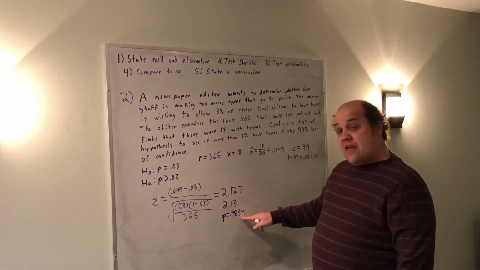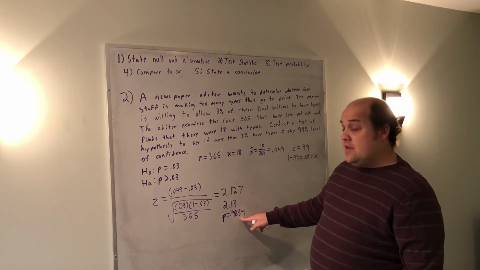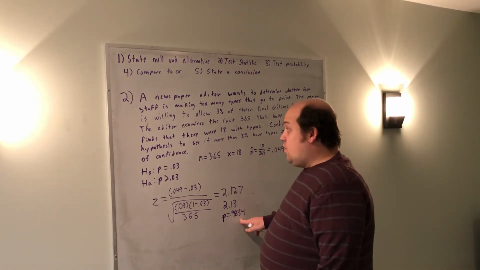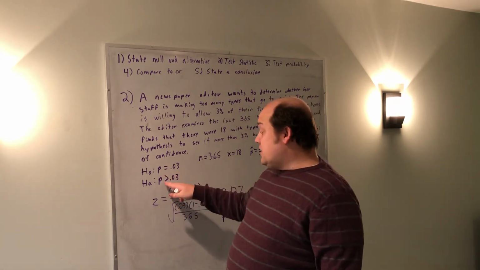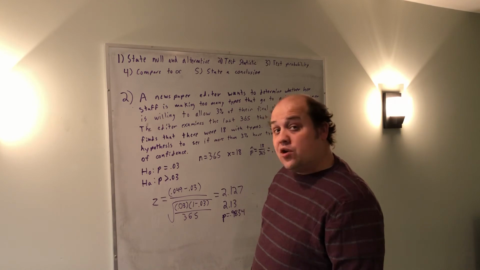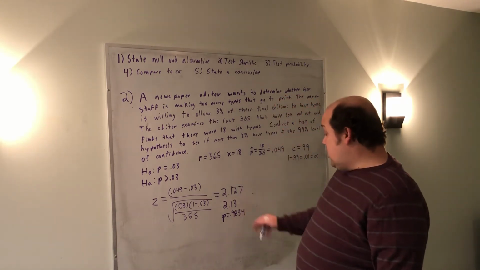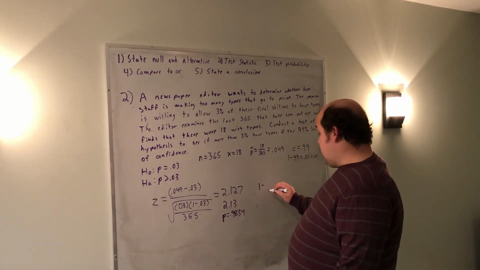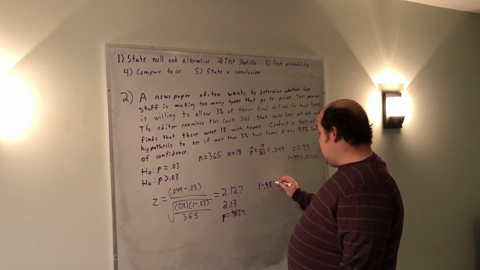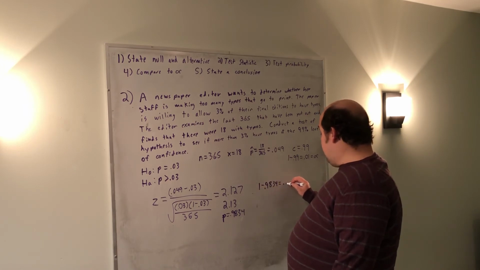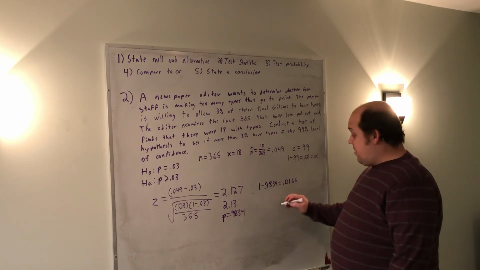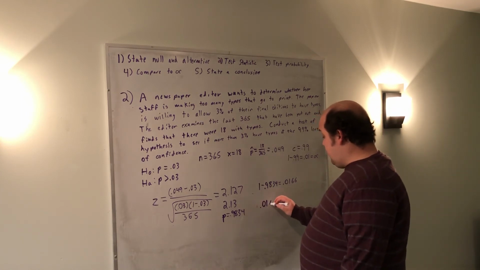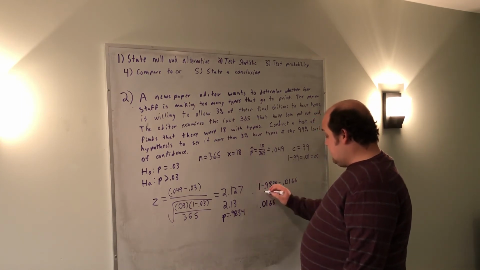Here, this p-value from the table, I'm going to need to adjust to find the test probability. What I'm going to need to look at is the alternative hypothesis. Because this is a greater than alternative hypothesis, I'm looking for a right-sided value. So I'm going to do 1 minus this table p-value. If I do 1 minus 0.9834, that's going to give me 0.0166. Now that I have a test probability, 0.0166,